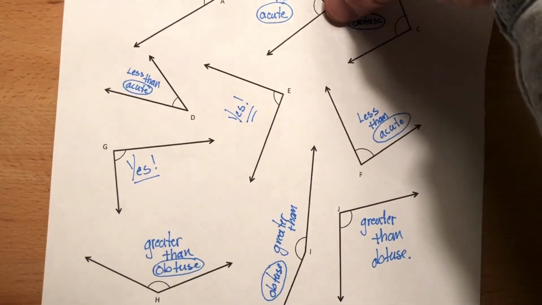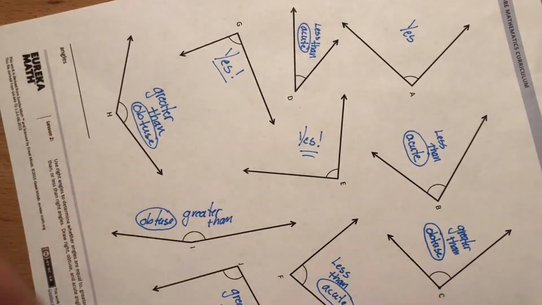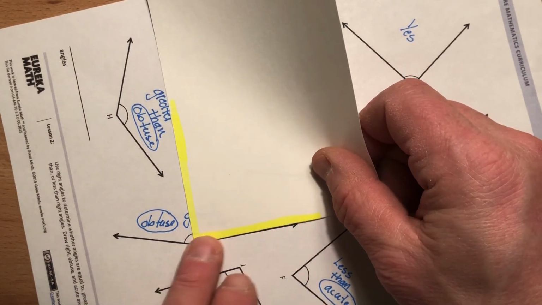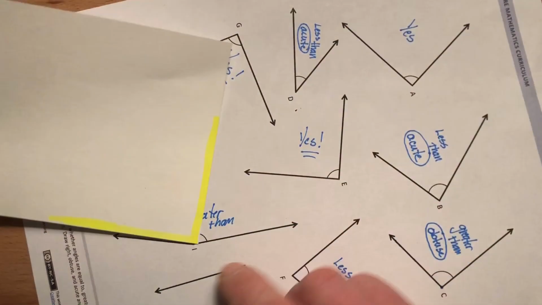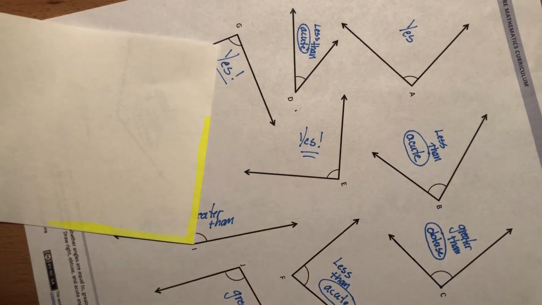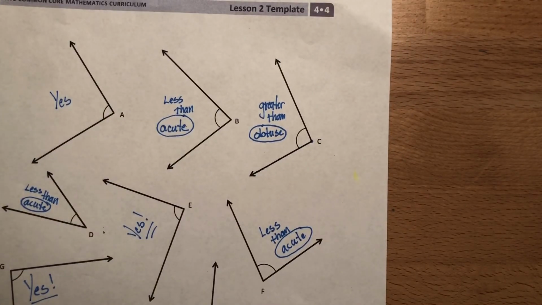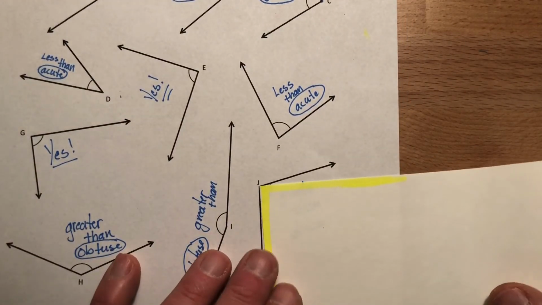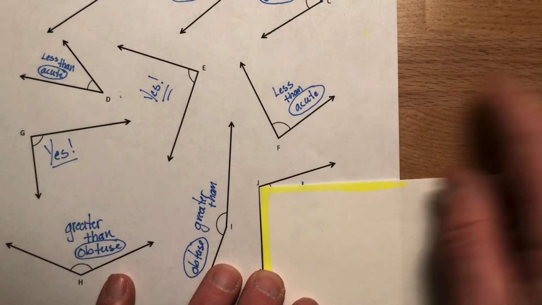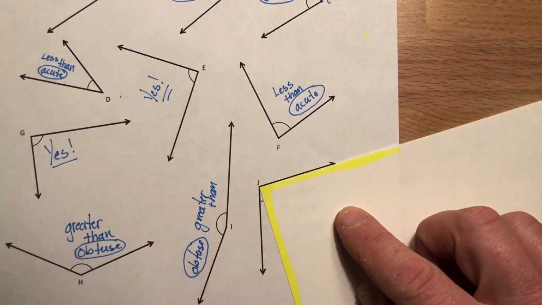And then look at this one, it's almost a straight line. I had to turn my whole paper this way. And I lined up this side here and did it this way. And I can see, man, that's just way wider. I could also have done it this way, right? Line up this side and see that it's just way past my right angle there. This one was close, but again, it was greater. If I line up one of the edges there, I can see that it drifts away from my edge. It doesn't hide, so it's an obtuse angle. I could even do it off of this line, and I can see, yeah, it goes away from the edge,